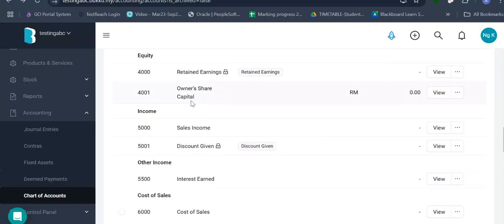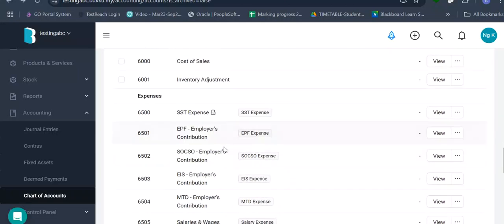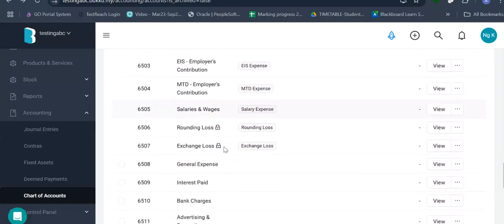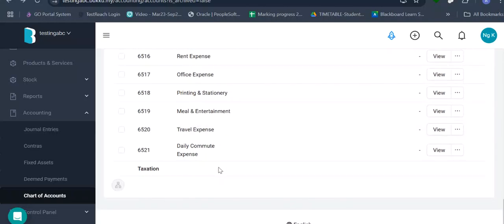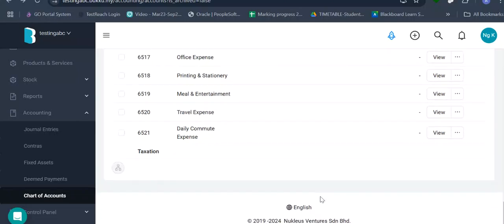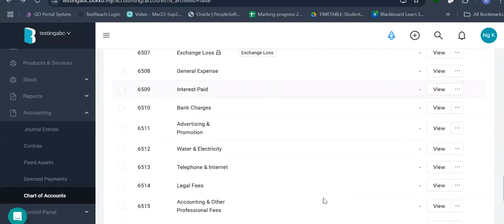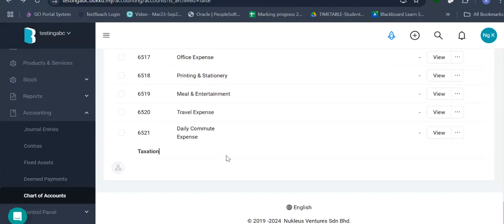Okay, so this is the equity part, owner's capital, retained earnings, and then we have income with all sorts of expenses. You can change names for this because you may have your own classification of expenses. And then we have taxation as well. Here is not created, and taxation is not part of our program review for this round. It's a basic course here. But we can discuss separately. It's not something very difficult. Accounting tax is always easy. But how to fill in tax form and all this is totally not inside this program at all. But how to record the tax expenses, it will be here.